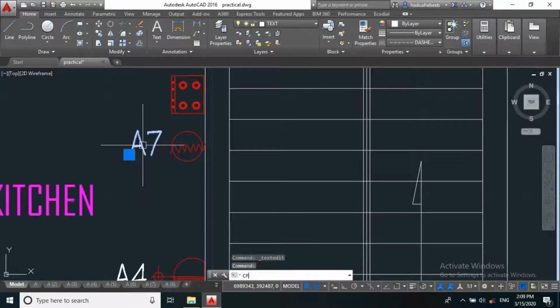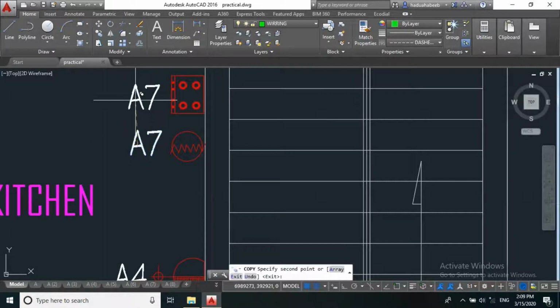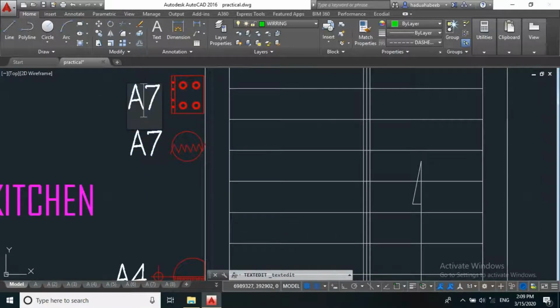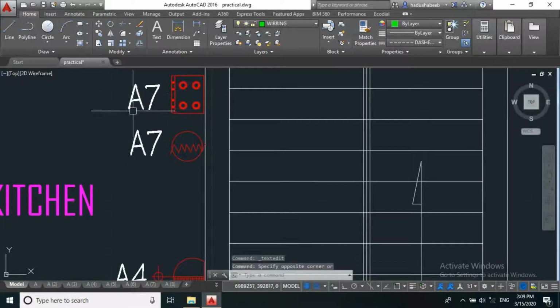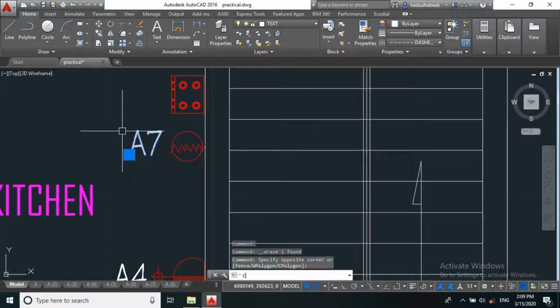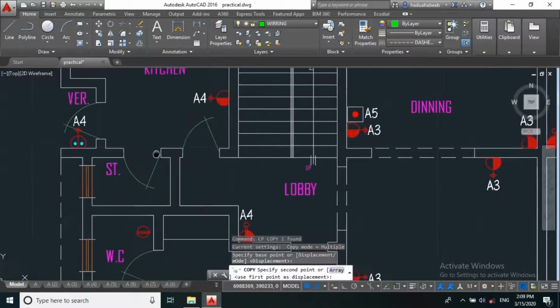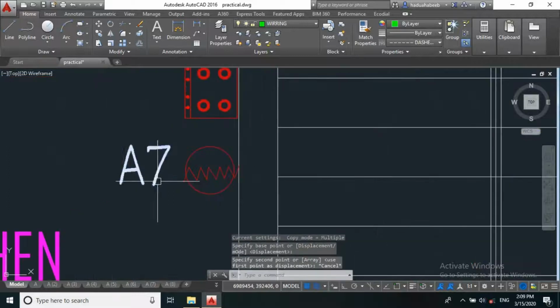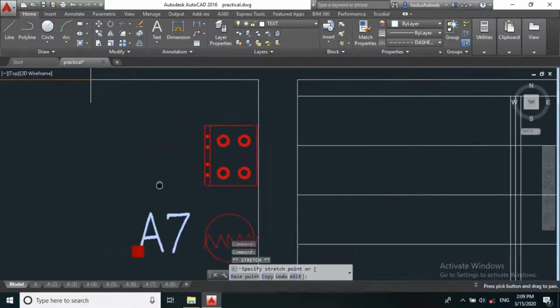Now let's try to make it in order. So let's delete this. So A7, let's name our cooker control unit A7.